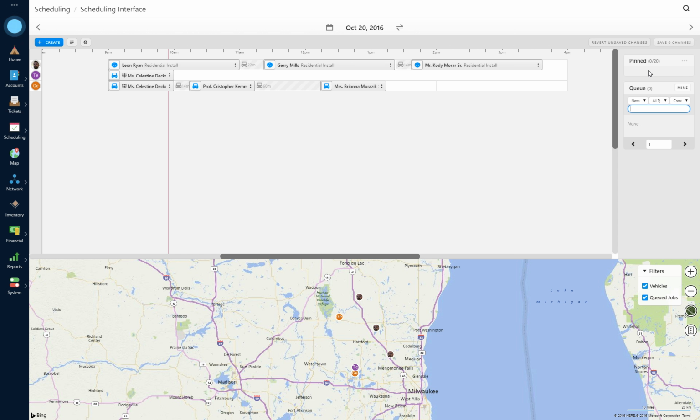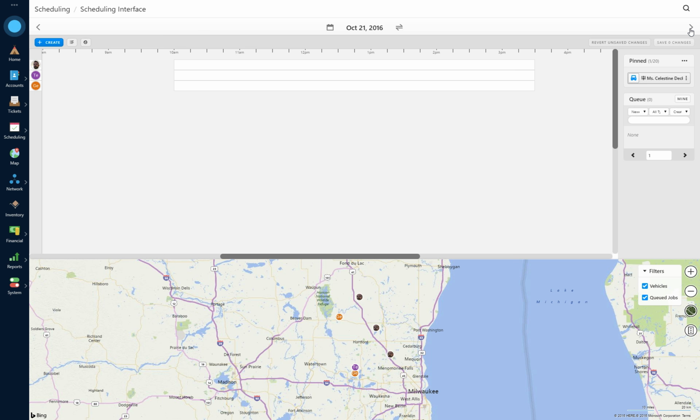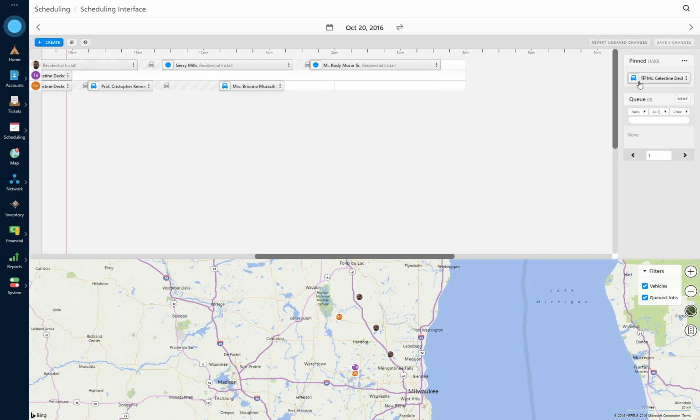We also have this pin area up at the top, so I can pin a job by clicking on its menu and selecting Pin. And that puts it up here, and this doesn't manipulate the schedule at all. It just lets me keep a close eye on 1 or more jobs that are important to me. Maybe this customer's a VIP, and I want to keep a really close eye on this job, and you'll see as I go from day to day, my pin list stays the same,